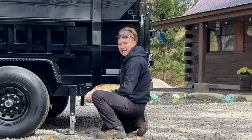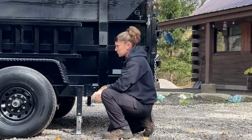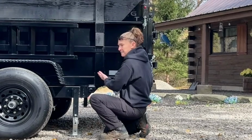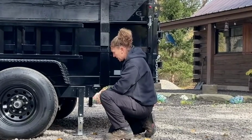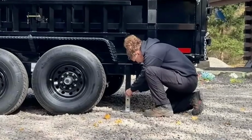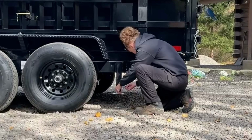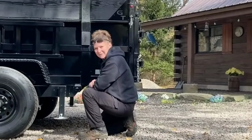Now, with this leg on the ground, it takes all the pressure off the front of the trailer and off your truck. Otherwise, when you go to load something heavy, it's gonna wanna flip right up, and you don't want this trailer flipping right up or putting the pressure on your truck. So you definitely wanna have these down on a heavy load, and you don't wanna have a trailer without it. Then you just pull the pin, pull it out, put it back in, and make sure that you put it back before you take off driving, otherwise you'll have